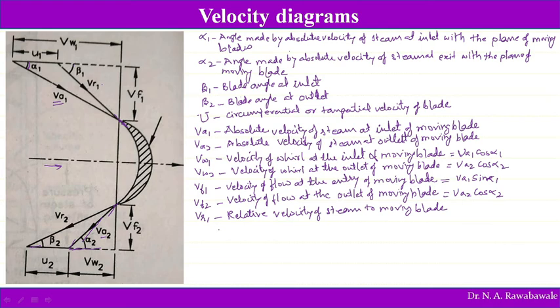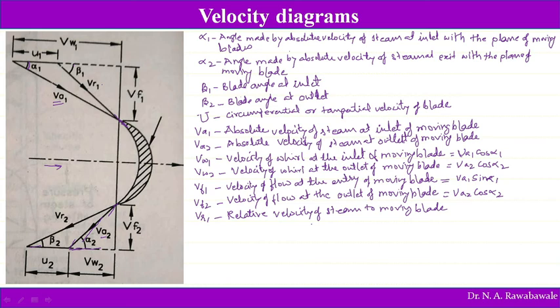If a person is standing on the road and a bus is moving, the person says that the bus is moving. He is talking in terms of relative motion. The velocity of the person standing outside the bus is 0 and the velocity of the bus is 60 kilometers per hour. So the difference, 60 minus 0, is 60. That 60 is the relative velocity.